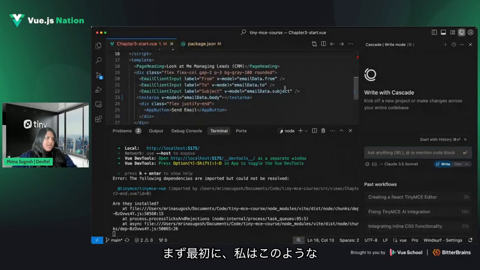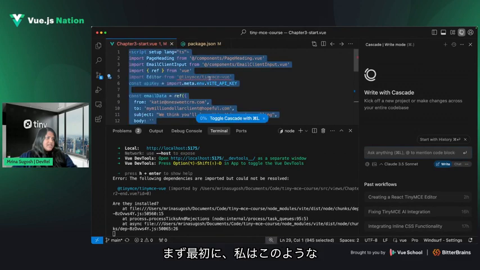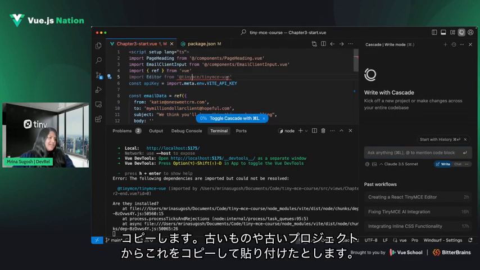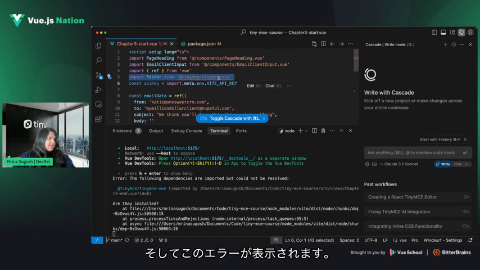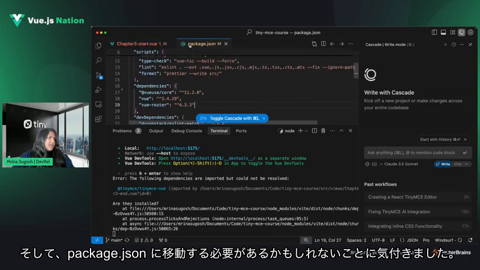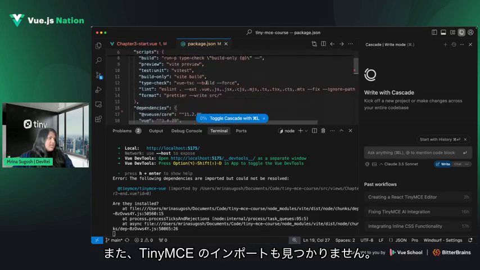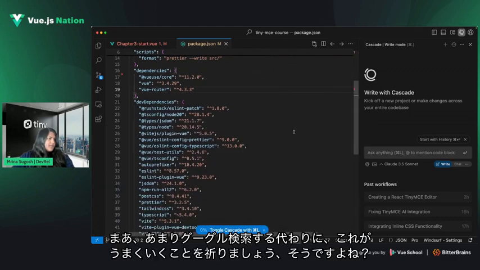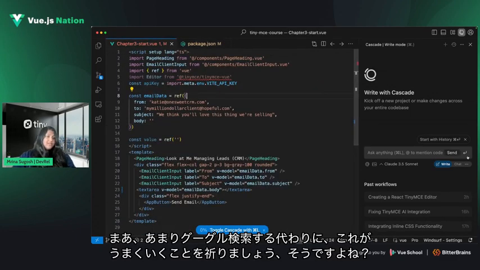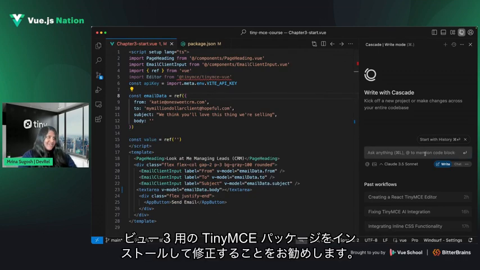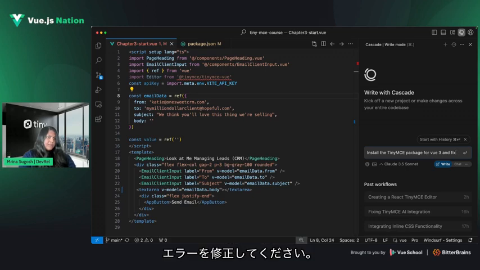First things first, I realized that I copy pasted this file from some old project, and I see this error. And I realized that maybe I go to my package.json and I don't see an import for TinyMCE. Well, instead of Googling too much, and let's hope this works, right? I'm going to say, install the TinyMCE package for Vue 3 and fix